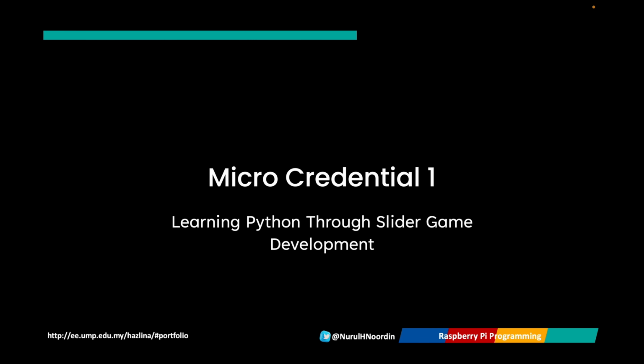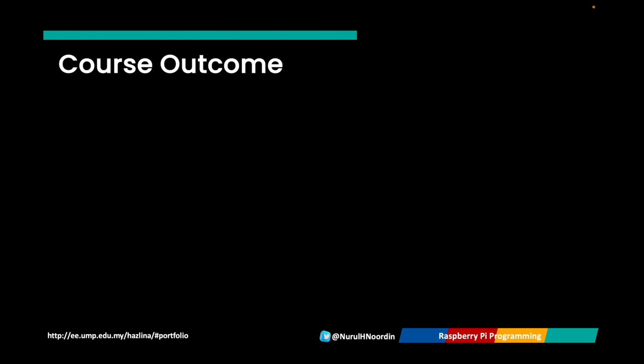This is the first step in our three-part Micro-credential series, followed by Micro-credential number 2, which focuses on Raspberry Pi installation and configuration, and Micro-credential number 3, which covers Raspberry Pi programming. In this course, we will integrate Python programming with game development, giving you a hands-on experience in building a functional